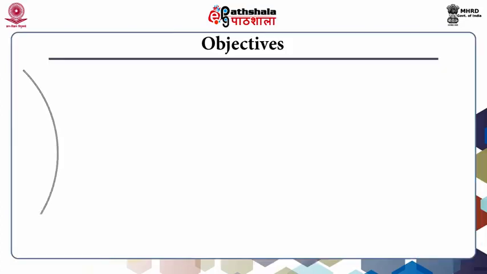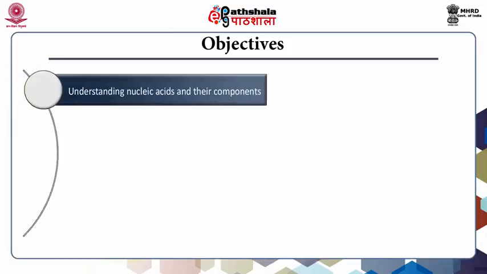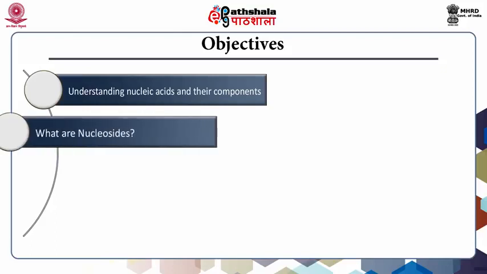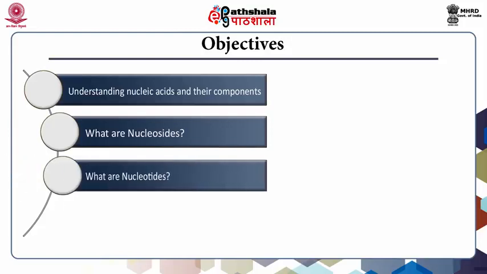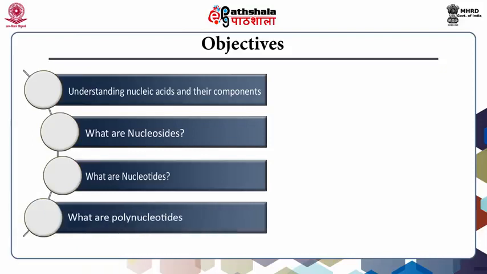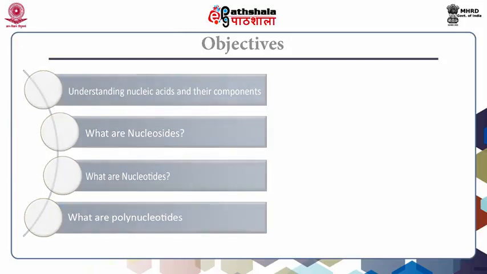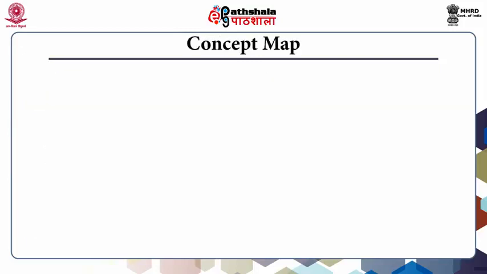In today's lecture, we will explore the historical perspective which led to the discovery of DNA or nucleic acid as genetic material. This will involve looking at some of the classical historical experiments and also the gradual timeline of discovery of genetic material. The concept map for this module is, if we look into nucleic acid,